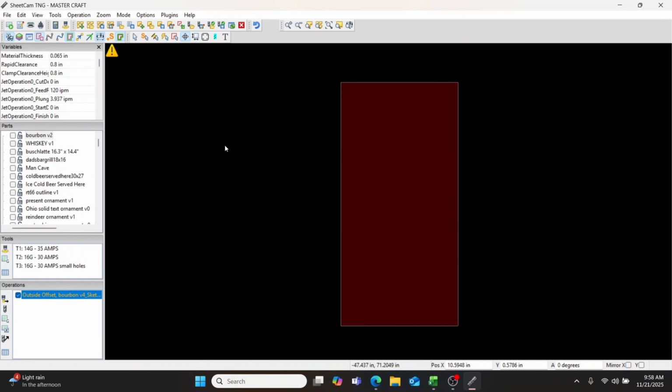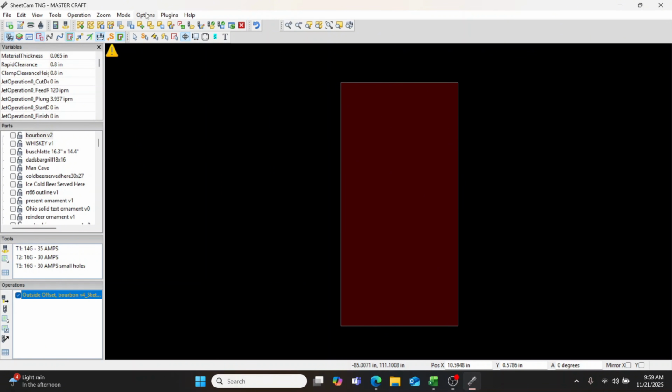So when you first open SheetCam, you're gonna see this big maroon box. All this is showing you the size of your material, and it defaults it to a 4x8 sheet. So depending on what plasma table you're using, you may want to change this size. Personally, we use the Linear Crossfire Pro, so if you want to change the size of this, you're going to